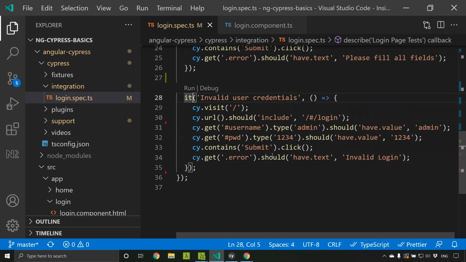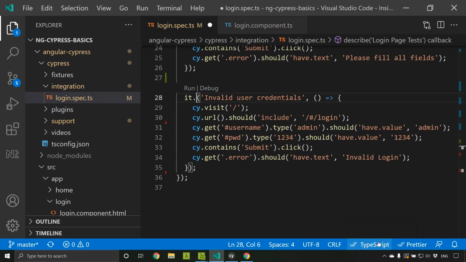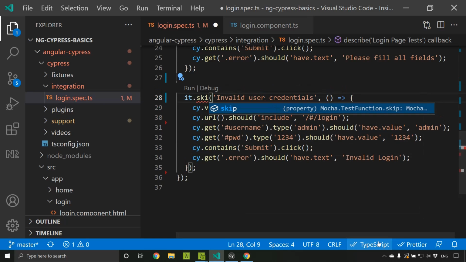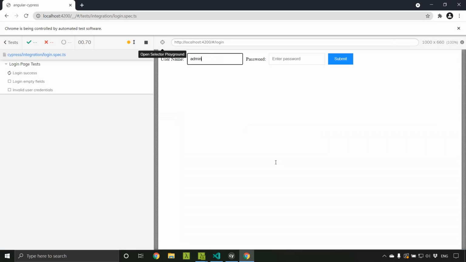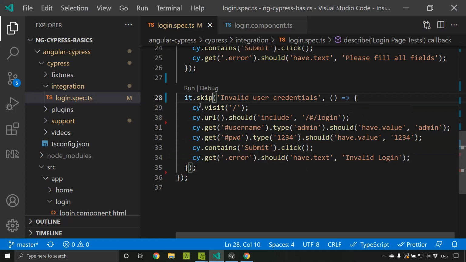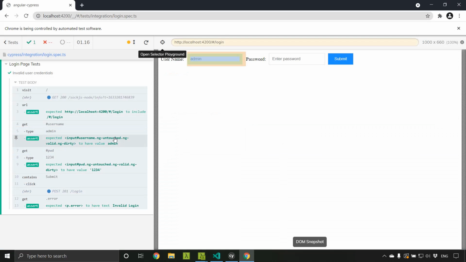So now there is an option like I can skip or run a particular test case alone. So in order to skip a particular test case, you can give the it.skip. So now you can see that that particular test case got skipped, and you can see the status as well. The tick mark indicates success, and this means actually it is pending. So in case I need to run only that particular test, you can use it.only so that it executes only the user credentials test case.